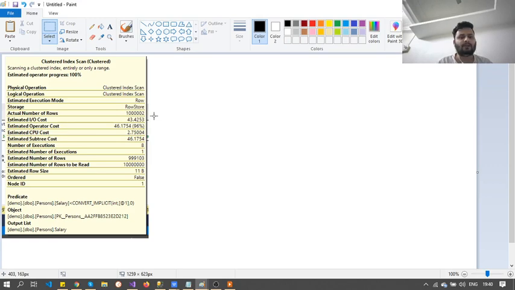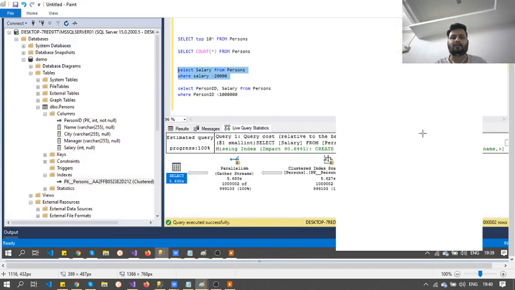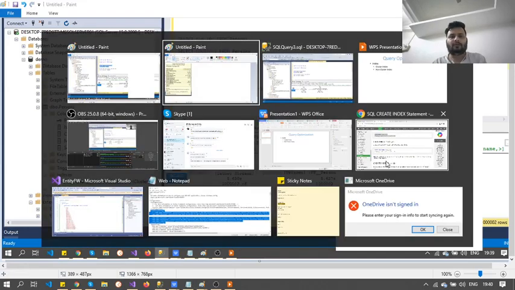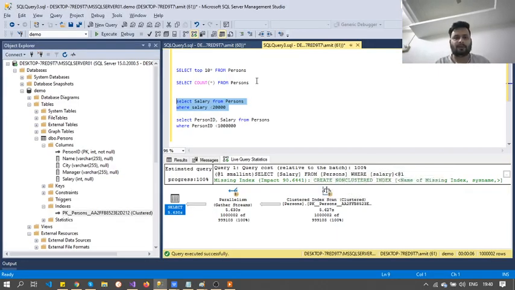This is what happens when we are not creating an index on the table. You can even see that missing index information is given by the system. If we don't create the index, the entire set of rows must be read by the system to find the rows that have salary less than 20,000.